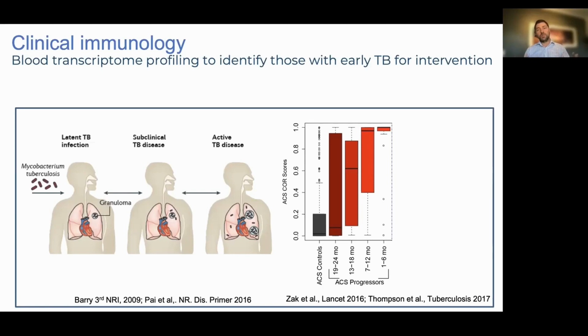And in fact, many people do not progress to active TB disease. But in those who do, there's a slow progression from what we call latent infection, asymptomatic. We can't really find the bacteria in these people, through subclinical phases where people do not have symptoms but have ongoing disease processes, and then all the way through active TB disease where we can find the bacteria in